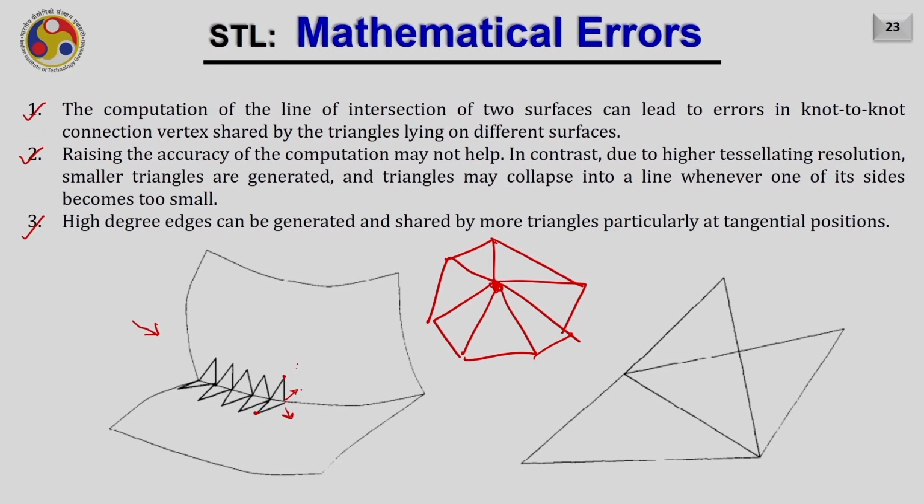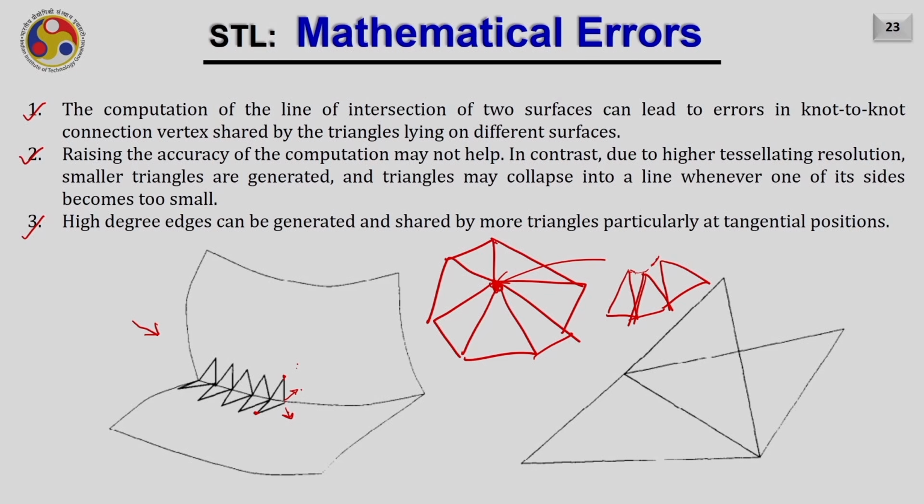Due to the error in the floating point number, this vertex may not have the same value when called different times, and hence there will be an opening here. This portion will get open. It will look something like this.